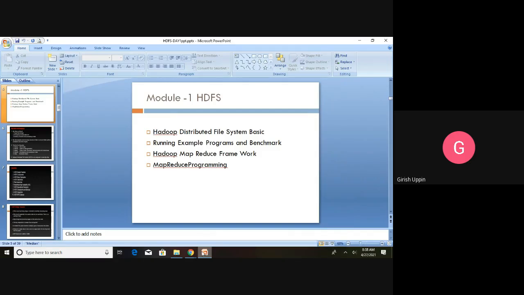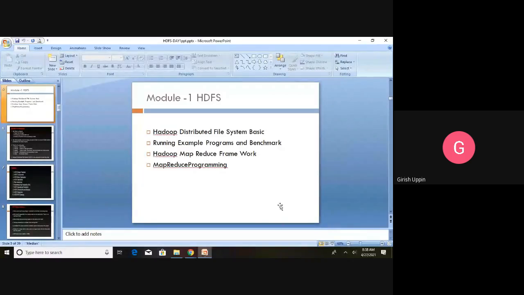Yesterday we saw how to log in to Ambari, how to start Ambari, and also how to make a secured SSH session with the HDFS, and using that session we can interact with the HDFS system. So in today's session, we will look into module one.